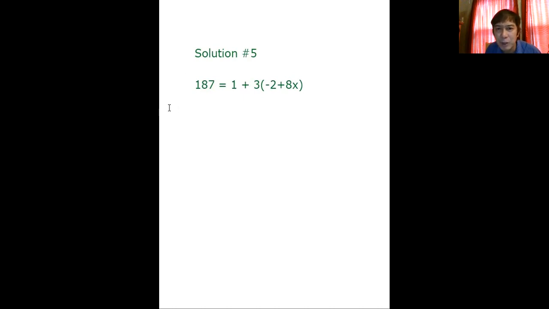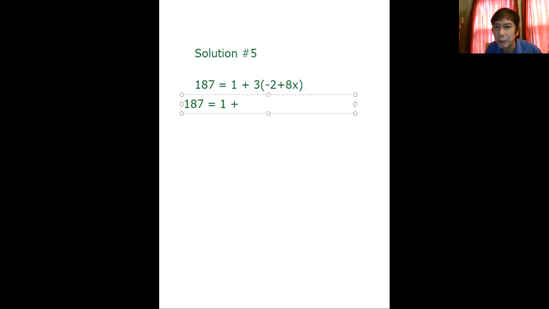So let me start with the text here. And we said a while ago, our starting solution will be different from the previous. And we will begin here. 3 times this, like that. And then 3 times 8, like that. Right? And you call that distributive property. So that means our left side will remain for a while 187 equals 1